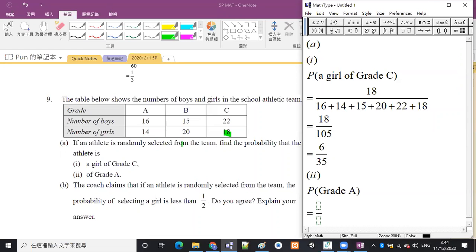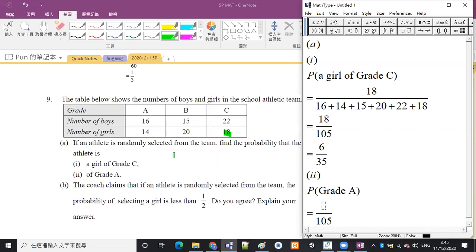It is just related to what we are choosing from. Again, in part A, we are still selecting an athlete from the whole team, right? So the denominator is still equal to 105. Is that okay? And then in part 2, what we are going to find is the probability of selecting a